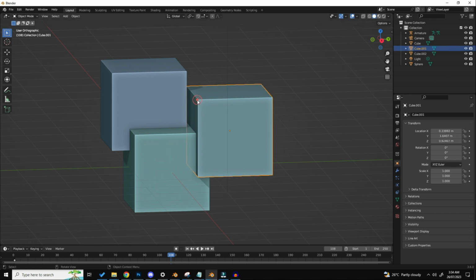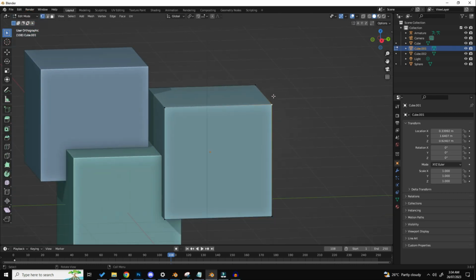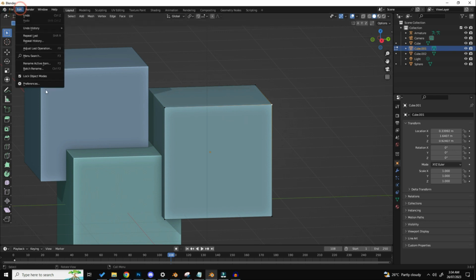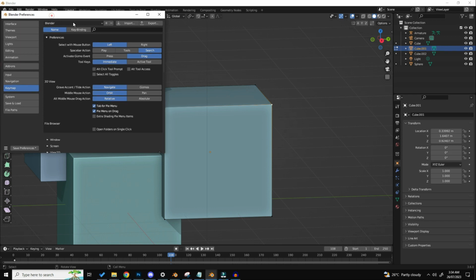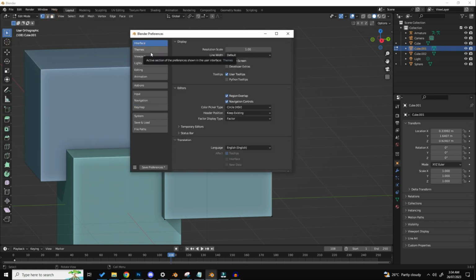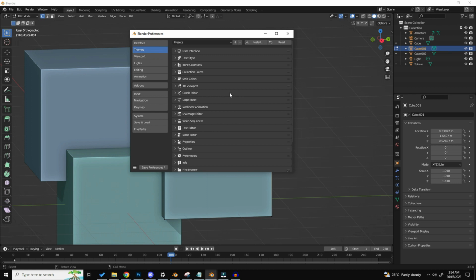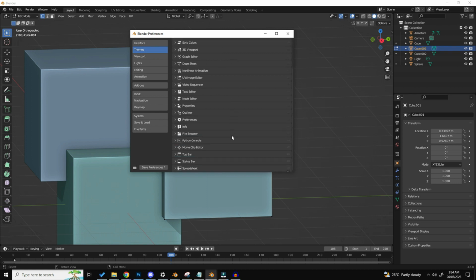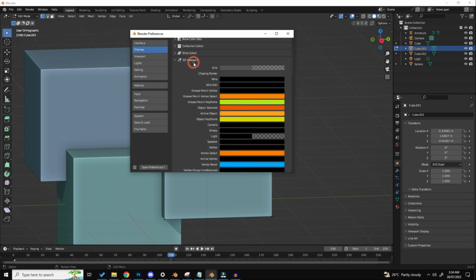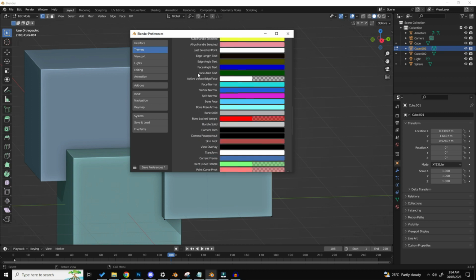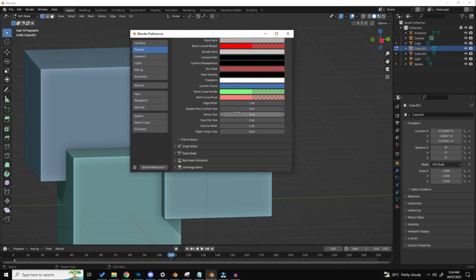So one more thing that we can do is, for example, if I go into edit mode, you're going to see these vertices which are super small. Again, not very user friendly. So what I usually do is go to Edit, Preferences, and then over here go to Interface, Themes. And over here we need to look for 3D Viewport. Here it is. And then here I'm going to scroll way to the end and just increase the vertex size